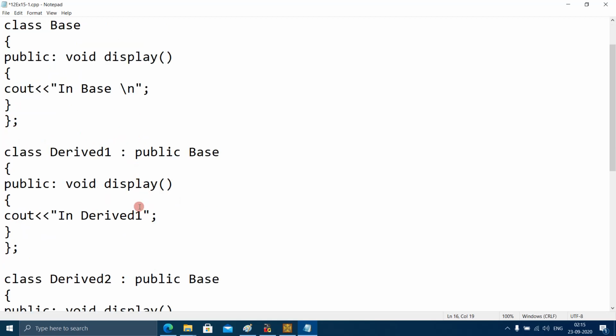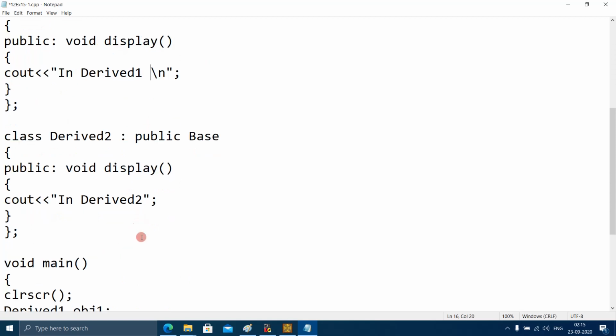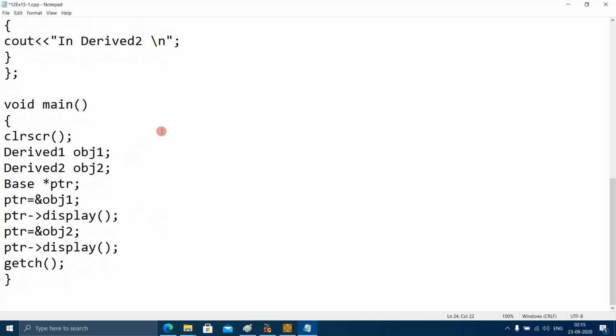Here also I should use \n. Here also I should use \n. So the expected output of this program is